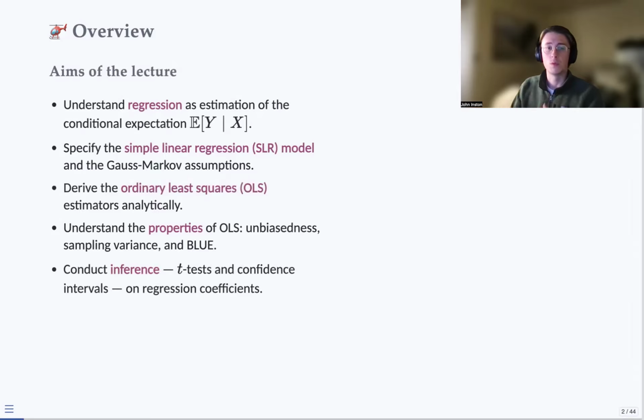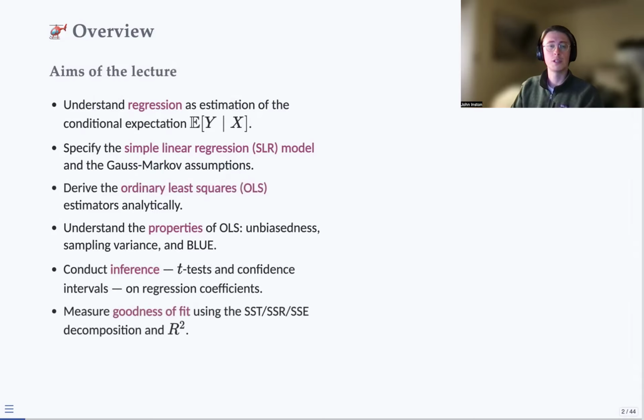Once we've fitted our model, we would like to be able to tell anybody who's interested, and also inform ourselves, about how good those parameters are, and understand the confidence intervals. How sure are we of our predictions on the coefficients we've estimated for the regression? And then finally, we'll discuss the goodness of fit of the model, these different measures that we can use to evaluate how well our model fits the data,